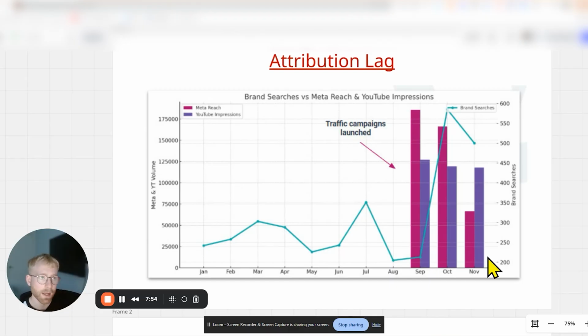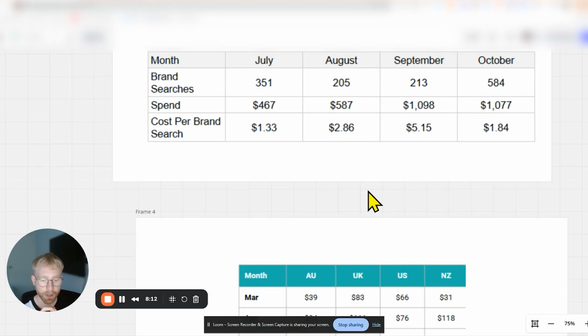But we're starting at the very top of the funnel. A really good way to measure top of funnel marketing is by seeing how it actually impacts brand uplift. And a good way to measure brand uplift, in my opinion, is by looking at brand searches. So that's just one point. Now, when we scroll down, I want to show you